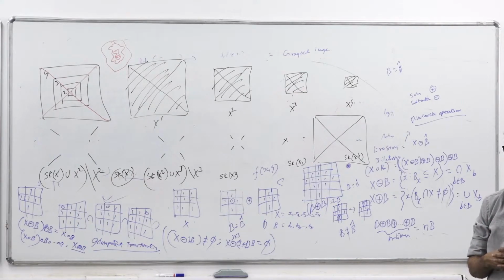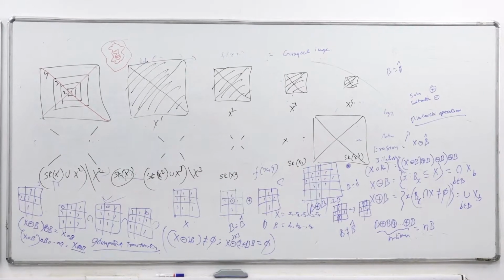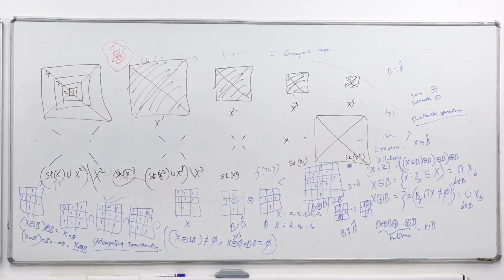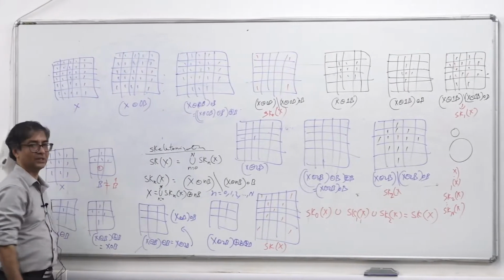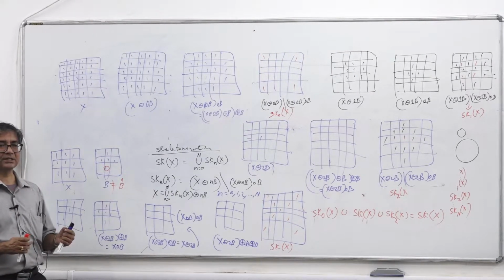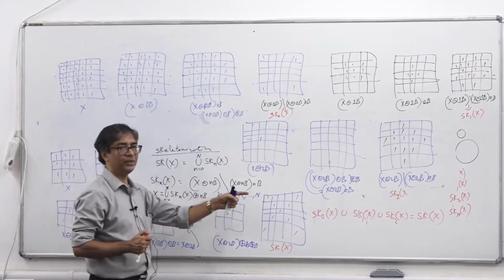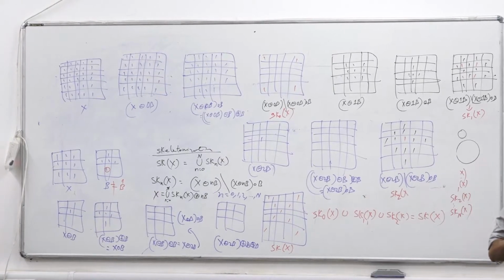But one thing I'm not sure about is, can you really tune your structuring element? The structuring element that I have chosen here is like this, and you got this kind of final skeletal network. If you choose a slightly different structuring element, probably the origin here, where B is not equivalent to B transpose, you see a completely different skeletal network. But if you know what type of B you have used to construct the skeletal network, you can reconstruct back to the original set.